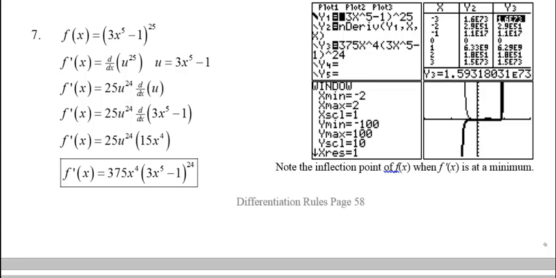U equals 3x to the 5th minus 1, and we're taking the derivative of u to the 25th. Now it fits the pattern for a power rule. You know how to do that. It's 25 times u to the 24th. Bring the power down, subtract 1 from the power. So the power brings down as a coefficient multiplied by the original base, and then you subtract 1 from the